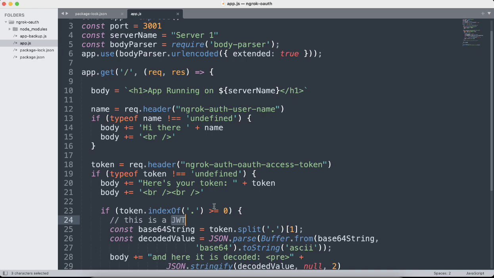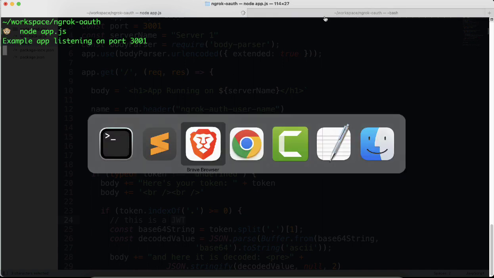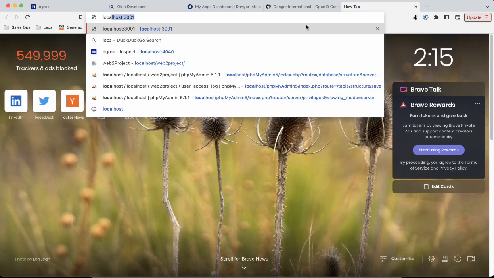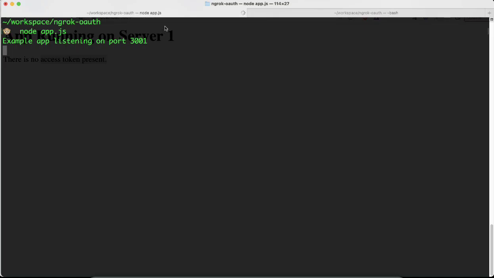So let's go ahead and go to the command line. On the command line, we'll go ahead and start this just like we would any other app. Now that should be running on 3001. So test localhost 3001. Sure enough, it's running. It says no access token present. Go back to the command line, open a new tab. We'll say ngrok HTTP 3001, because that's the port we're running on. We'll add a subdomain